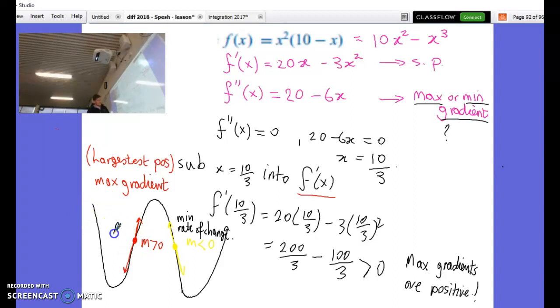Each gradient is determined by the gradient function. And so based on that, if our gradient function is positive, then that would have to be, at this point of inflection. Being a point of inflection, okay, these are